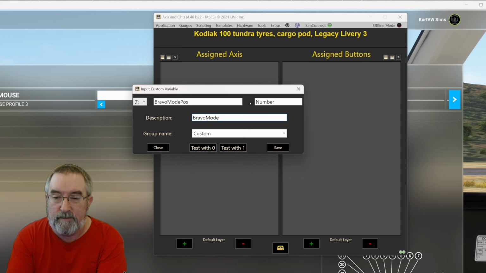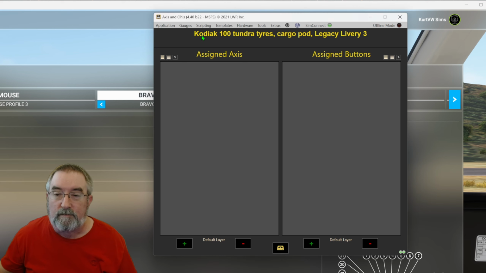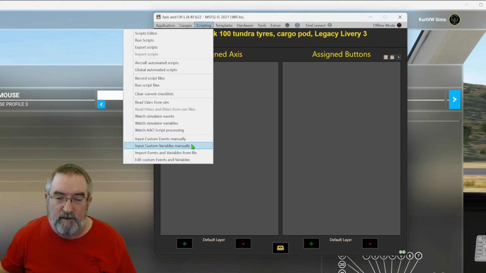Bravo mode position. Okay, having done that, custom is fine for the group. You click save, and you can close that. Now, if you go into scripting and you go to watch variables,